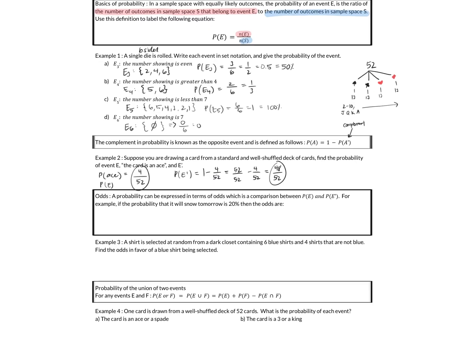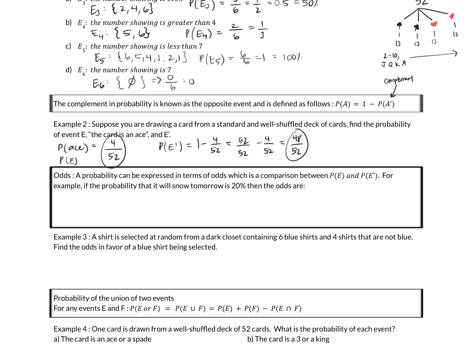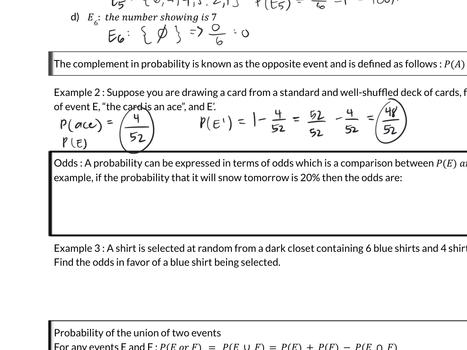Okay, then there's also, in addition to probability, we can talk about the odds of things happening. So the probability can be expressed in terms of odds, which is the comparison of both the probability of the event and the complement happening. So for example, if the probability that it's going to snow tomorrow is 20%, then the odds we can write are the probability of it happening, which is 20%, to the probability of it not happening, which would be 80%, right? So this would be 20%, oops, or I'm going to just say 0.2